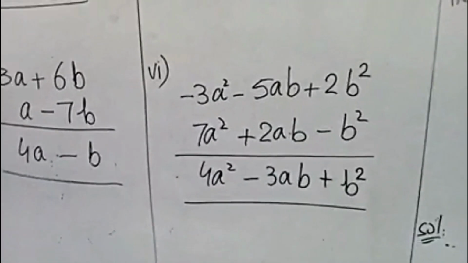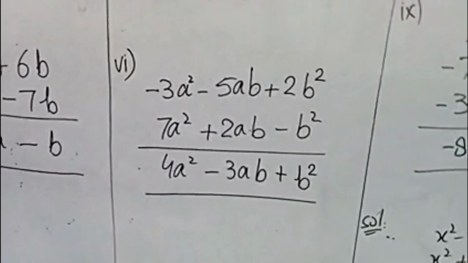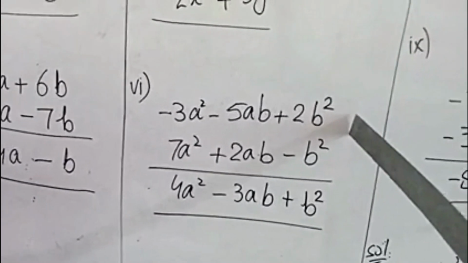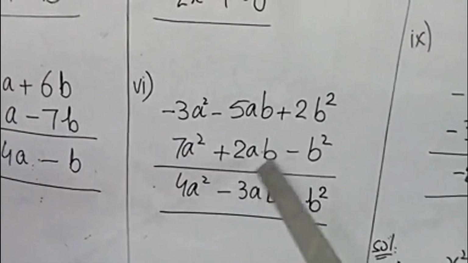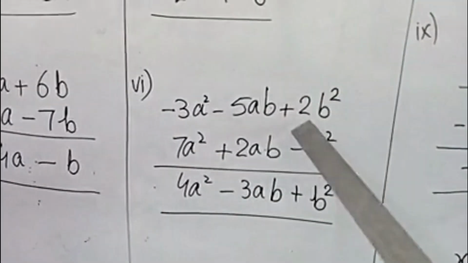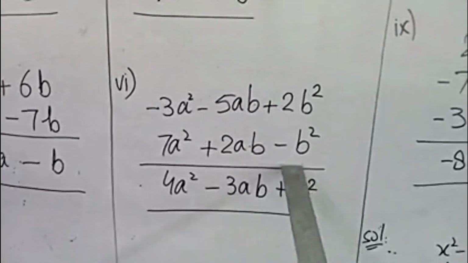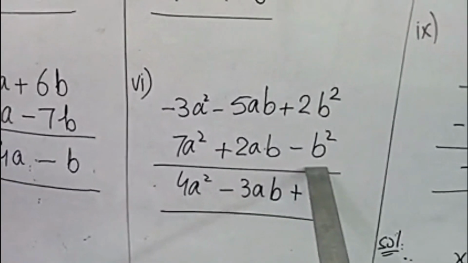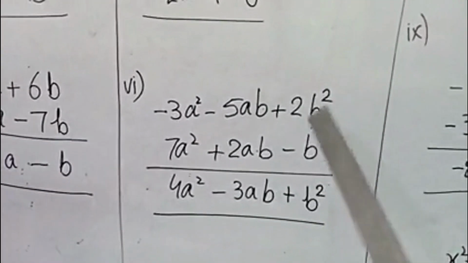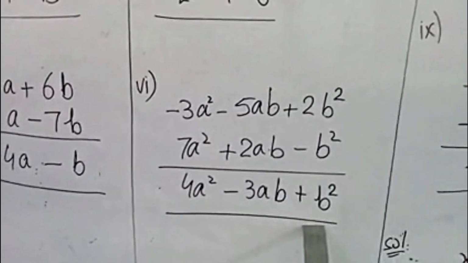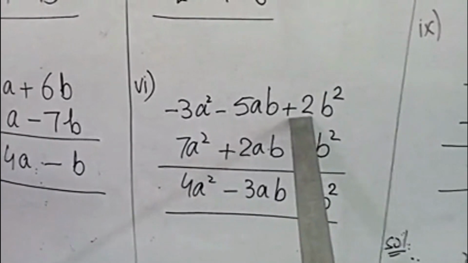In question number 6, minus 3a square minus 5ab plus 2b square is adding in 7a square plus 2ab minus b square. Now start adding similar terms. This is plus 2b square, this is minus 1b square. These are terms with opposite signs, so apply subtraction here. 2 minus 1 is 1, so write here just b square, and sign will be positive